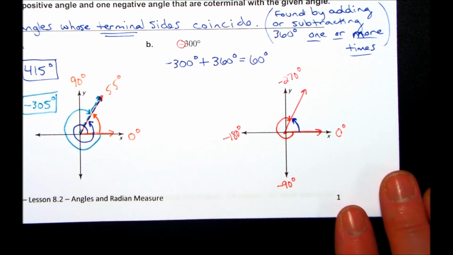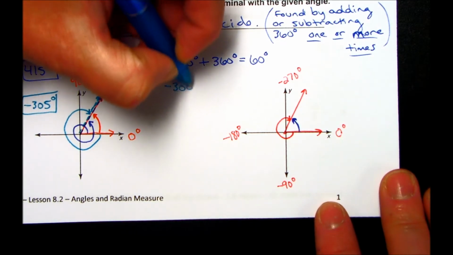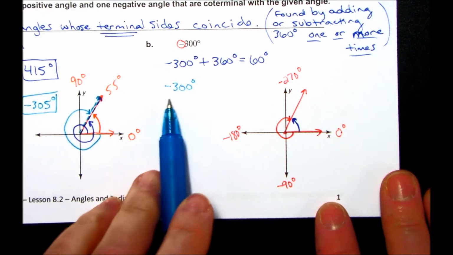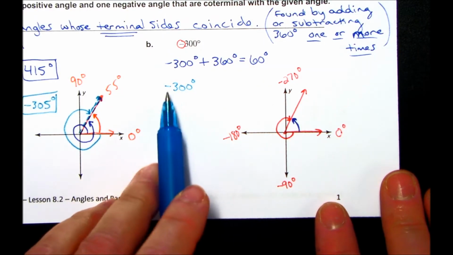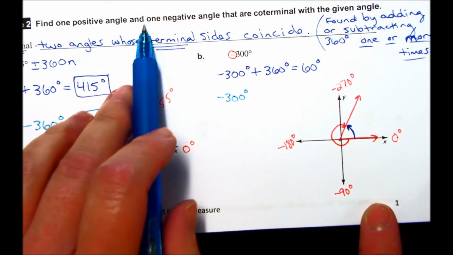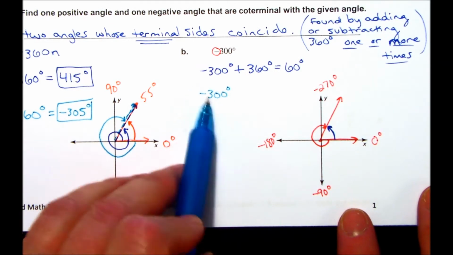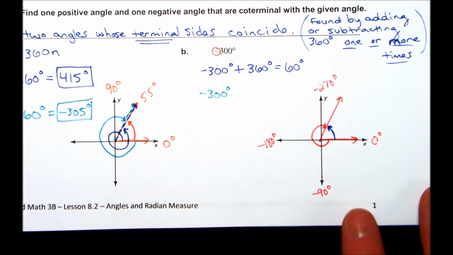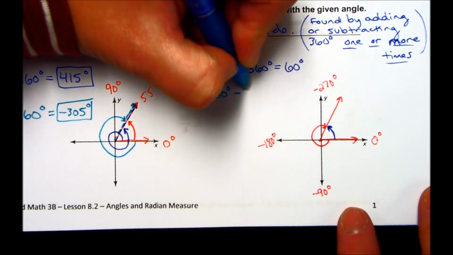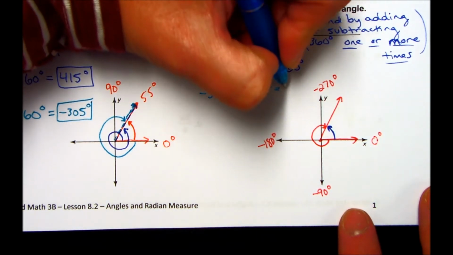To get a negative angle, we're going to take the negative 300 degrees. So negative 300 is already a negative angle, but we can't use this for an additional one. You're supposed to find one positive and one negative that are coterminal with the given angle. So you cannot use the given angle as your negative angle. Instead we're going to subtract 360, and that will give us negative